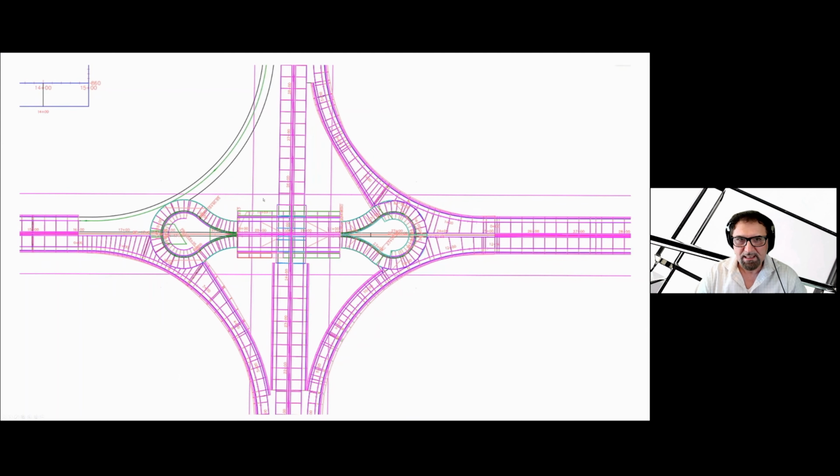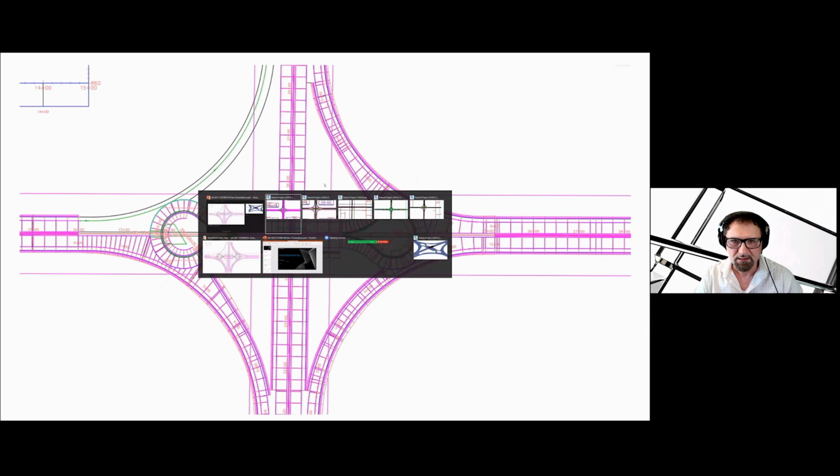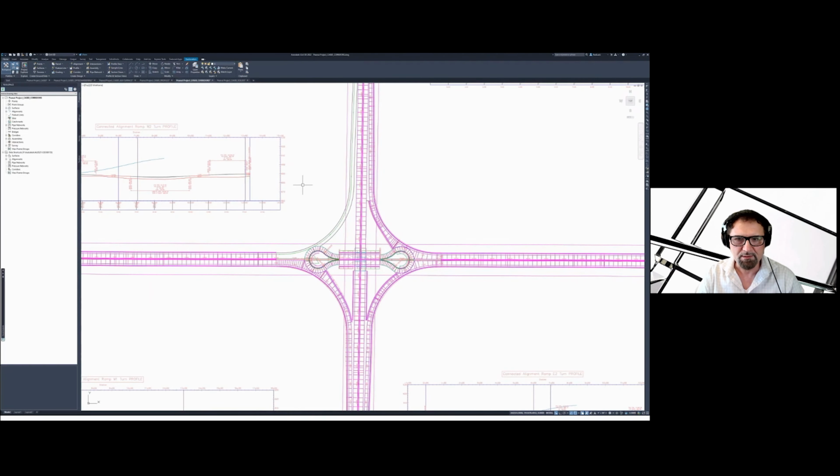So here's at the end the corridor, and I'm going to switch over to the application. I'm going to go back to Civil 3D. It's just a slide, and sometimes it's hard to tell them apart. So I'm going to go and create another corridor.